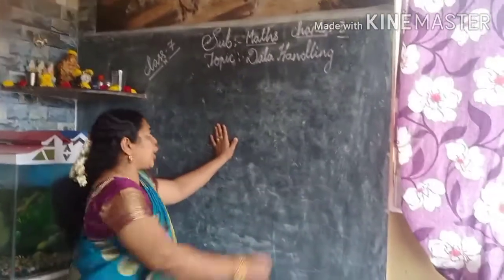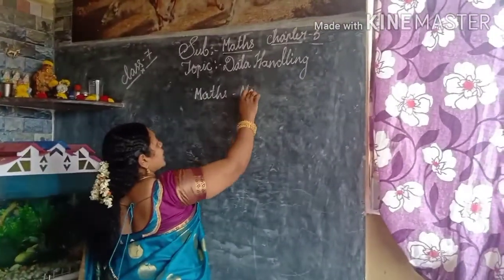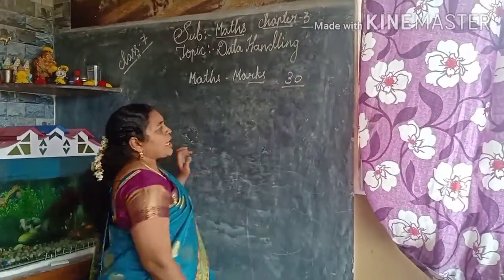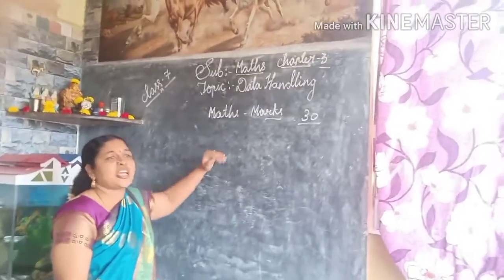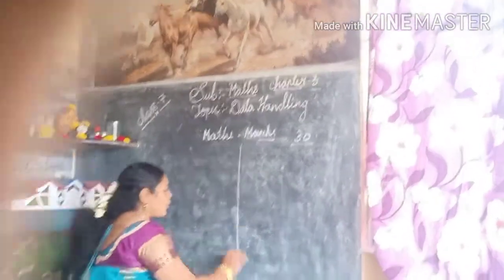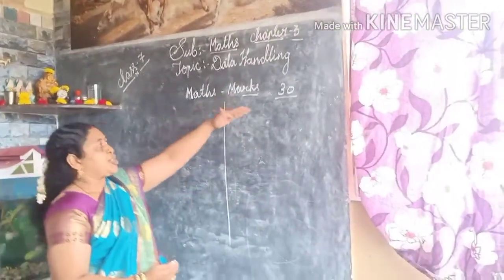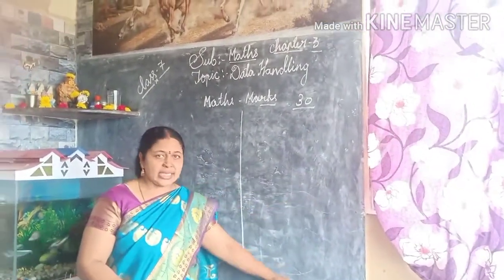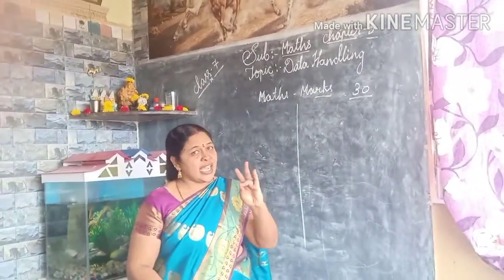For example, if you take your maths marks for the first term, imagine there are 30 members in the class. Do you think each one would have got the same marks? No, not at all, isn't it? So what does the maths teacher have to do? First, she will have to collect the data. She has to collect all your papers one by one after correction. After collecting, what is the next step? Collecting of data. Next one is organizing the data.